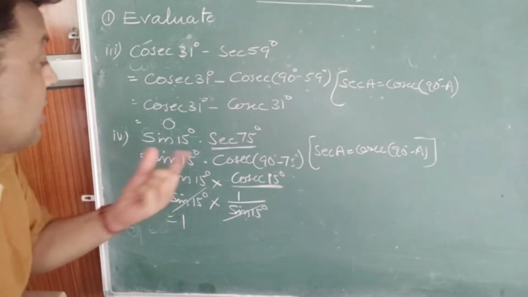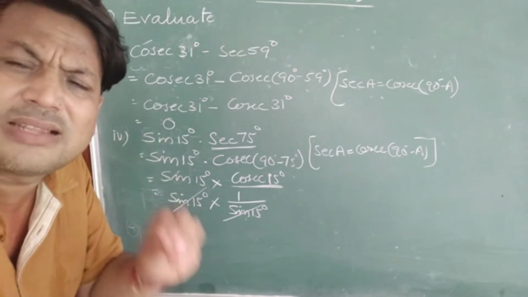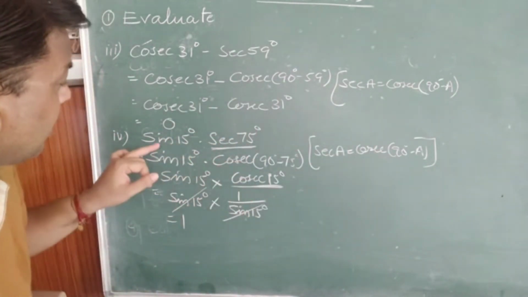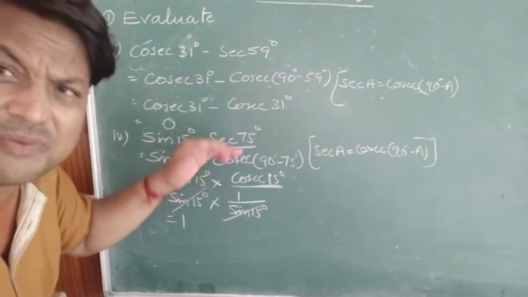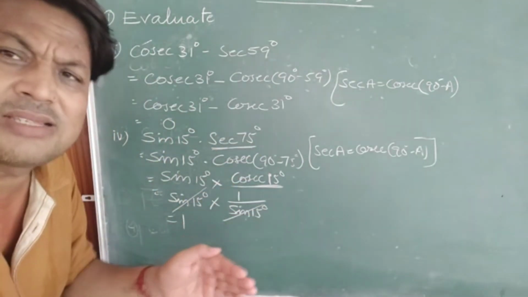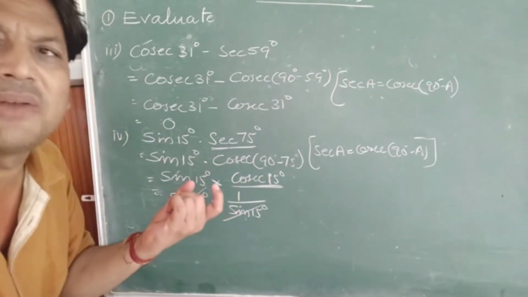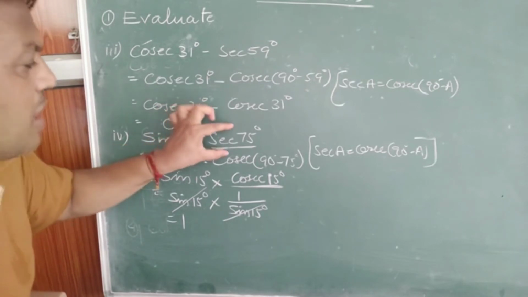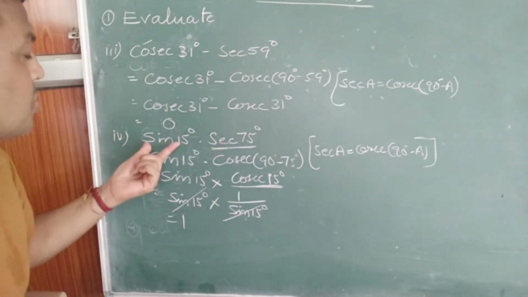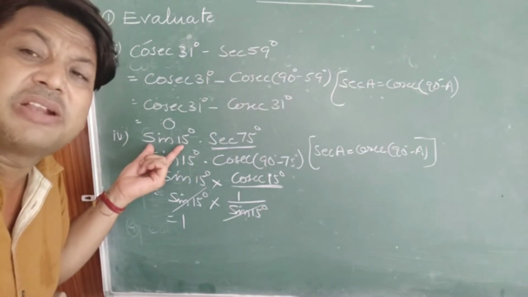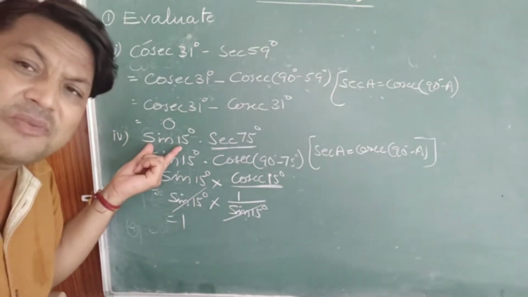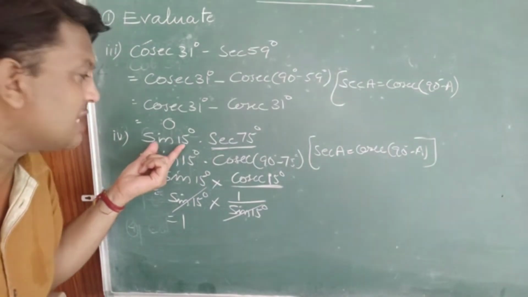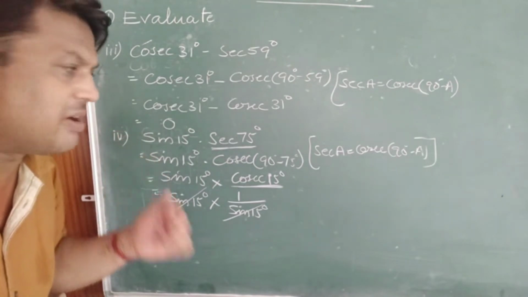So we should be careful, children, in this type of question. Mathematics is nothing but movement step by step. Should not fear. Here sine and sec have no relation. First you move on as per the normal process, then automatically you will get some clue about what you have to do. Suppose you want to convert sine, so you have to keep sec 75 as it is. Sine can be converted to cos. So in place of sine 15 degree, what can you write? Cos 90 minus 15 degree into sec 75.